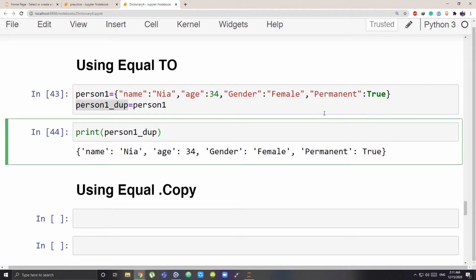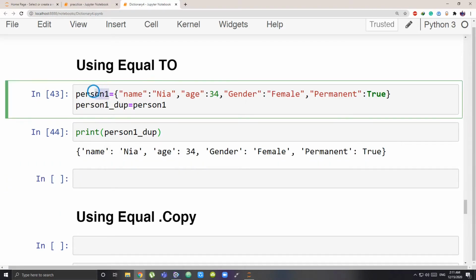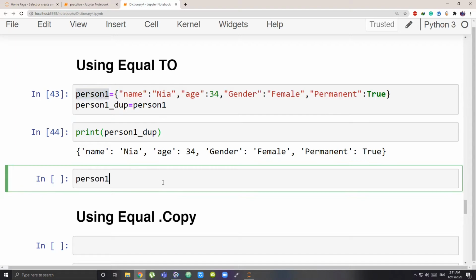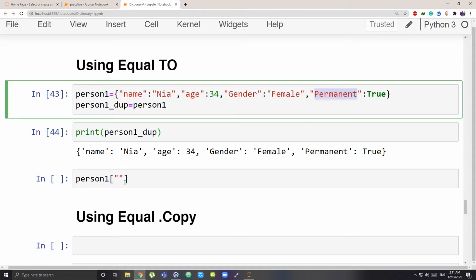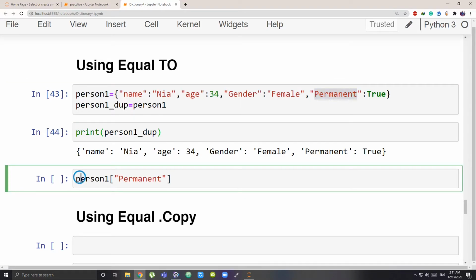So that was the first thing. But what happens actually over here? Let's make a change to our person1 dictionary. Let me change the permanent to maybe false. That's the easiest thing that I can do. From person1, take the key permanent and change its value to false. Okay, and then print.